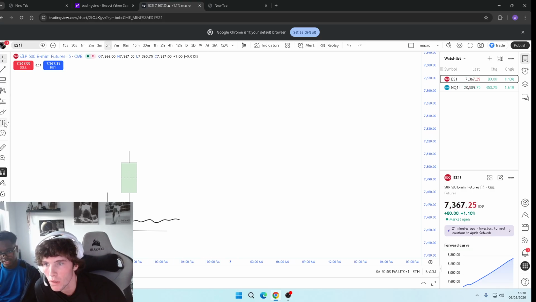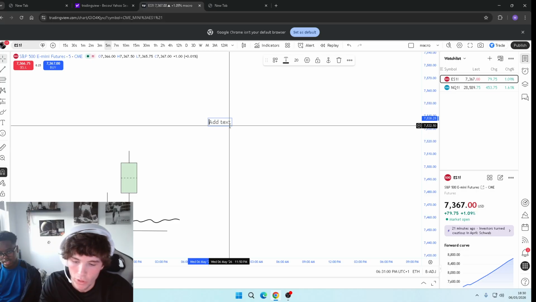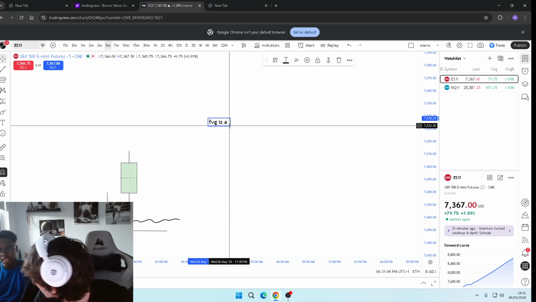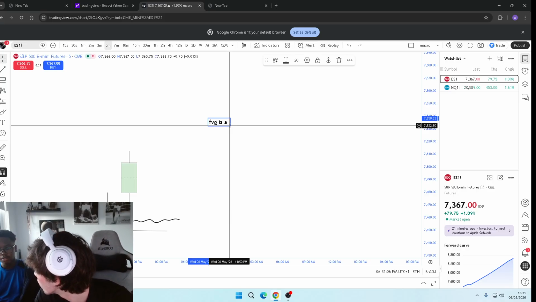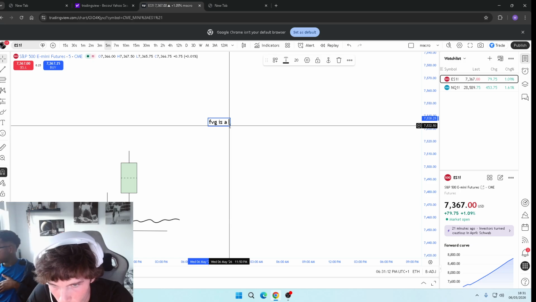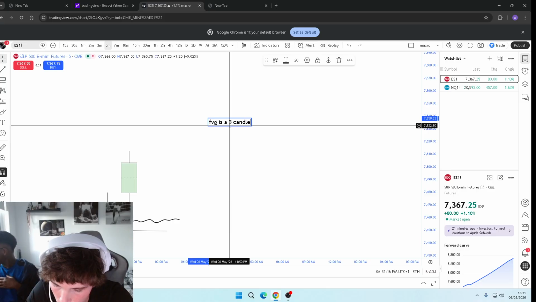So, what is a fair value gap? A fair value gap is what? The lengths between candlesticks, like the wicks? No. Well, kind of, right. I'll write it out. So a fair value gap is a three candlestick pattern